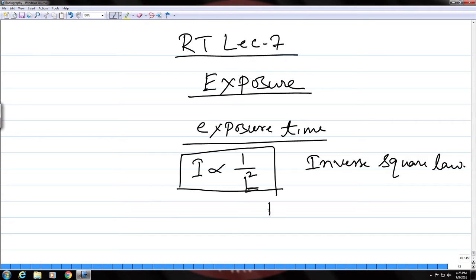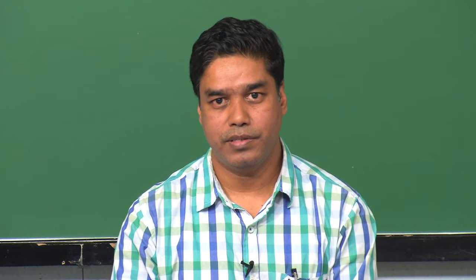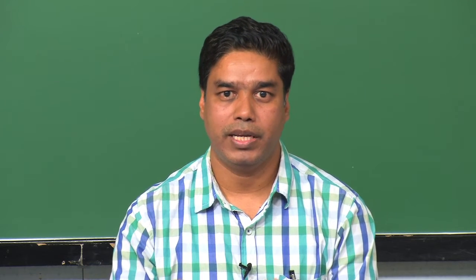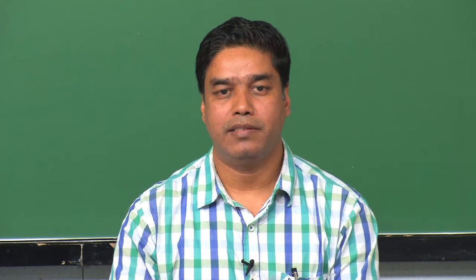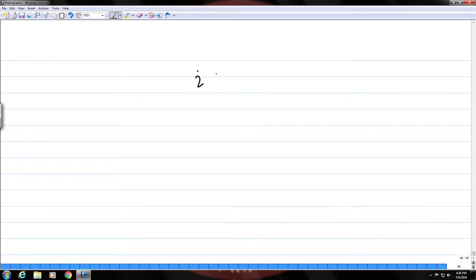So, this means for two different intensities I 1 and I 2, this will be equal to this. Okay. So, this is inverse square law, and the intensity is a direct output of the number of electrons which are impinging on the anode per unit area per unit time. Okay. So, that means the intensity is dependent on the tube current. Okay. And that is why you have this particular relationship,